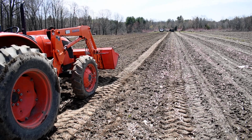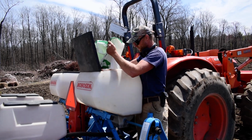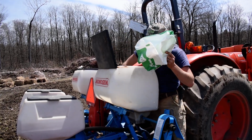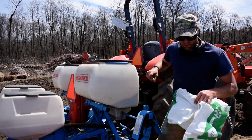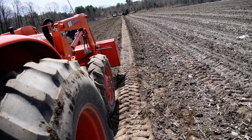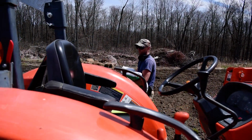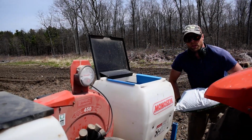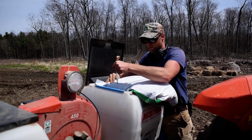You don't have any compost in here, do you? We have some. We do have a compost pile over there. Because we don't turn it properly, legally we have to be careful how we use it. Like I was talking about pesticides when we were doing the corn video, if you use manure or compost, they have very similar restrictions. Why can't I just put fertilizer down? You mean like this fertilizer? Yeah. Why do you have restrictions? So on this you can put down